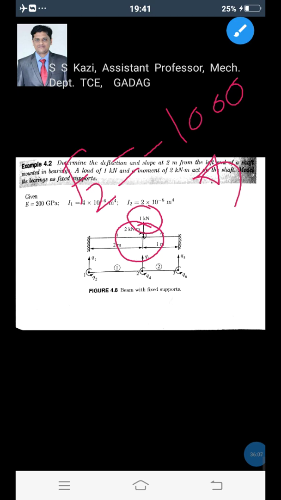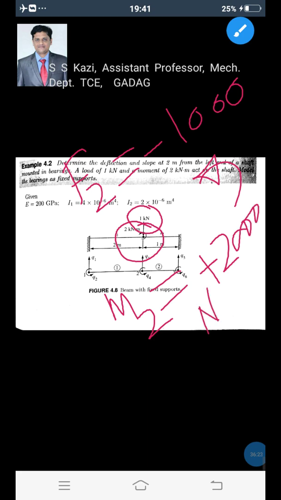Therefore, the anti-clockwise couple of 2 kilonewton meter is given. You write the moment at node 2, that is the M2 value, plus 2 kilonewton meter. If you are substituting all the values in meters and Newton, then it will become 2000 Newton meter. Okay, and F3 and M3, the applied force and moment at node 3, will be 0, because there is no applied force and there is no applied moment.